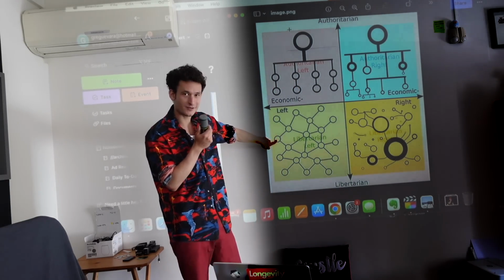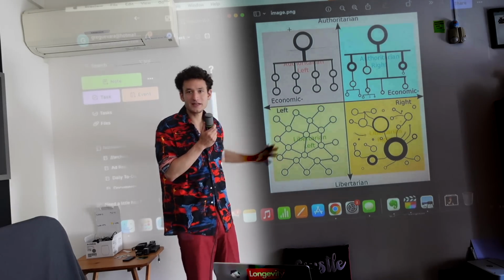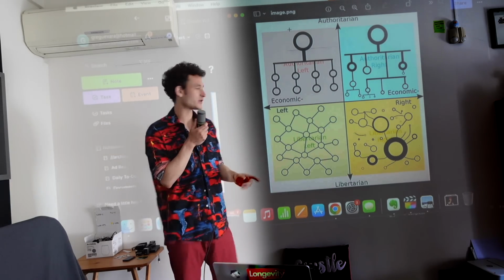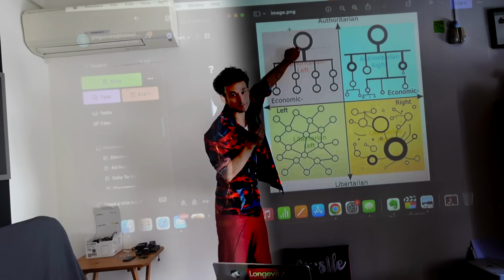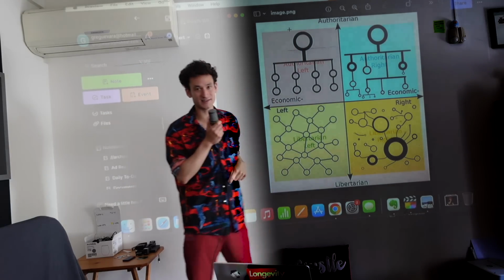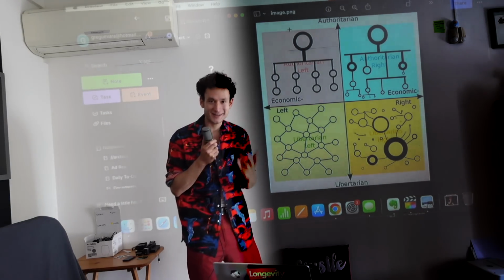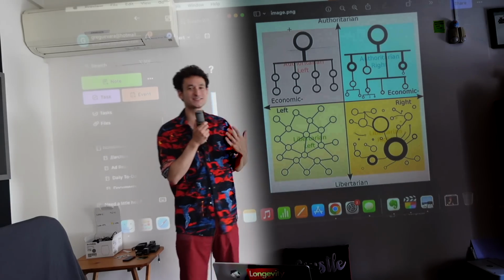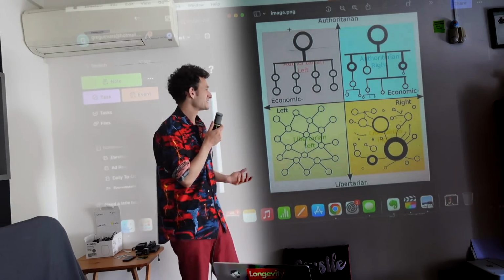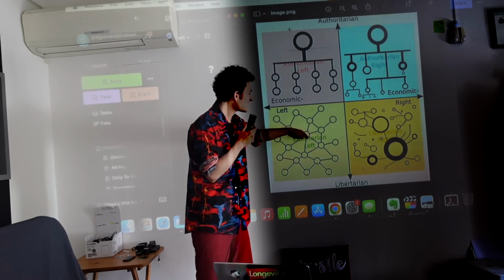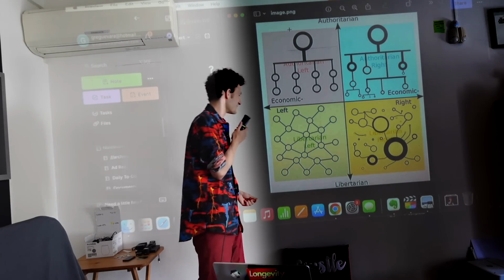On the left libertarian quadrant, though, we have a whole different story. What's going on here? There are so many different circles, and they're all hanging out with each other, and they're all the same size. Exactly. They're all the same size, and they don't need this big circle to enforce them to be the same size. Instead, what happens is they interface rhizomatically. Rhizomatically. What does that word mean? It's a term invented by Deleuze and Guattari, who basically said that things can connect to other things. I could say more words about that. That's basically all that means.